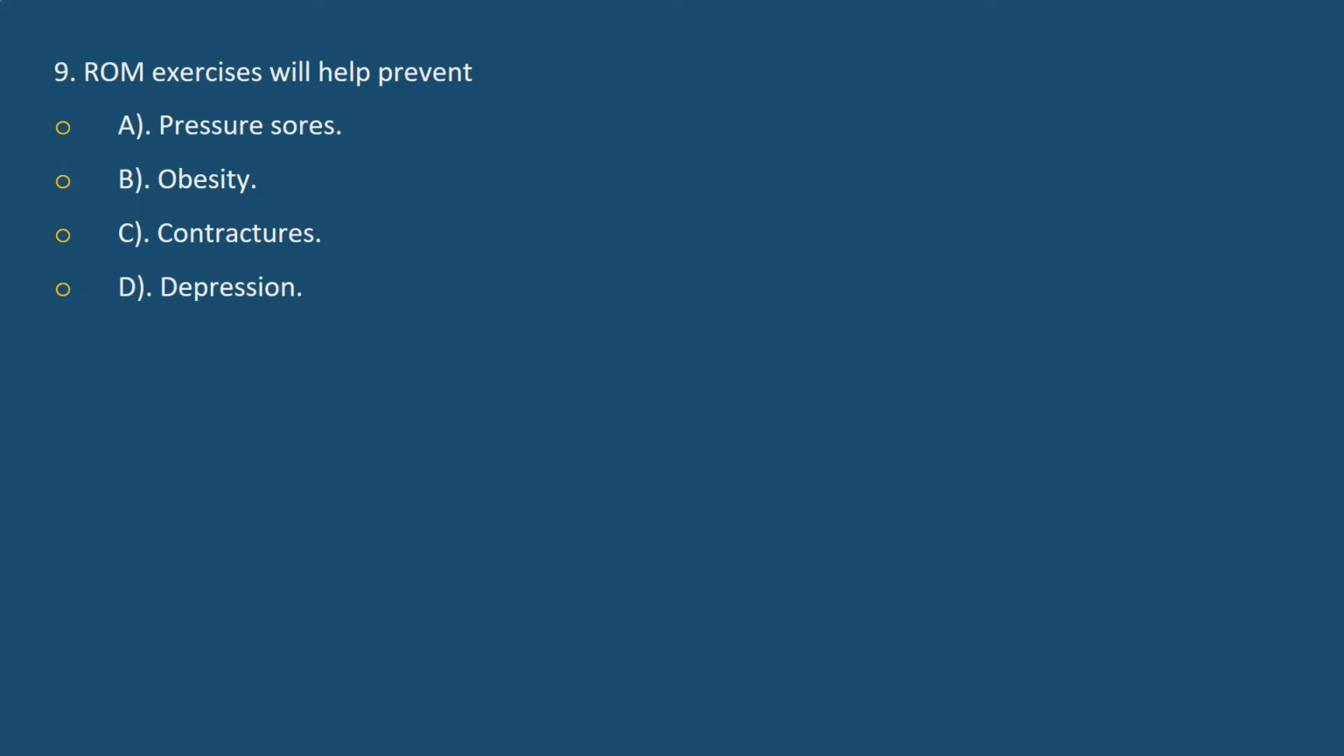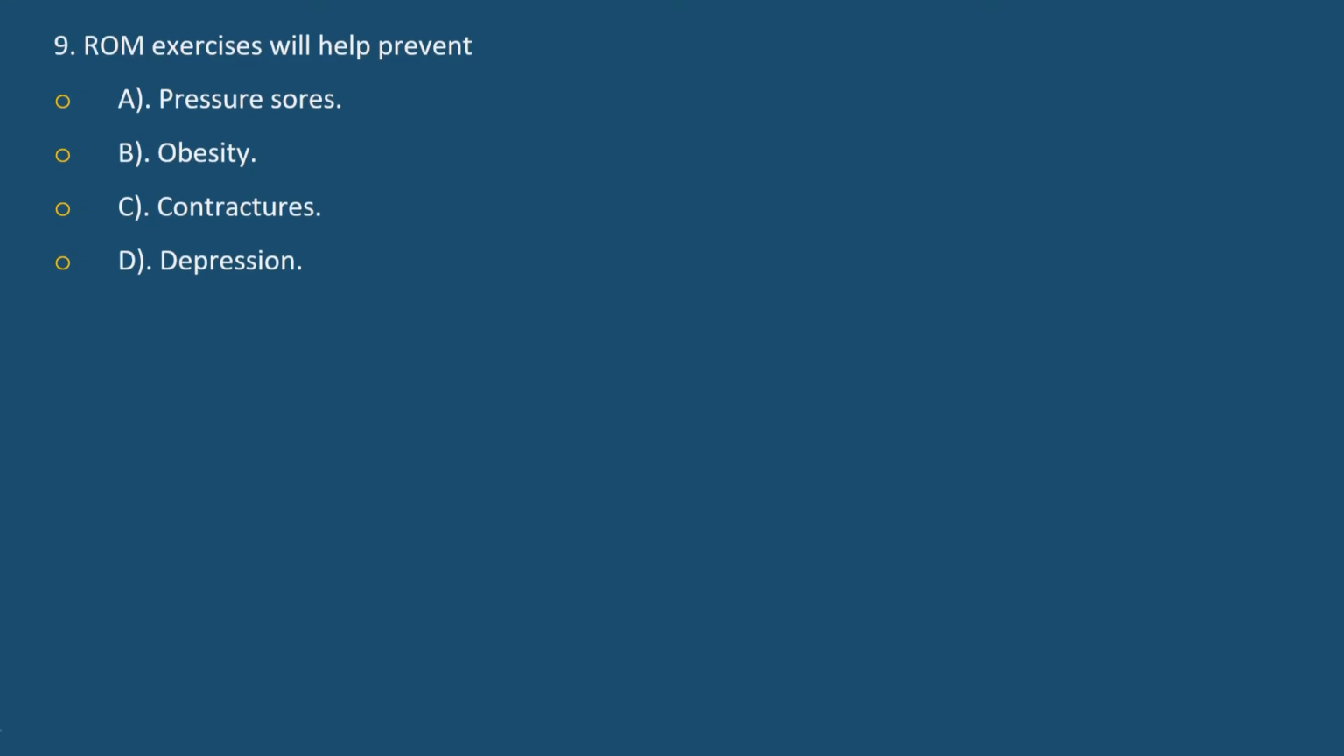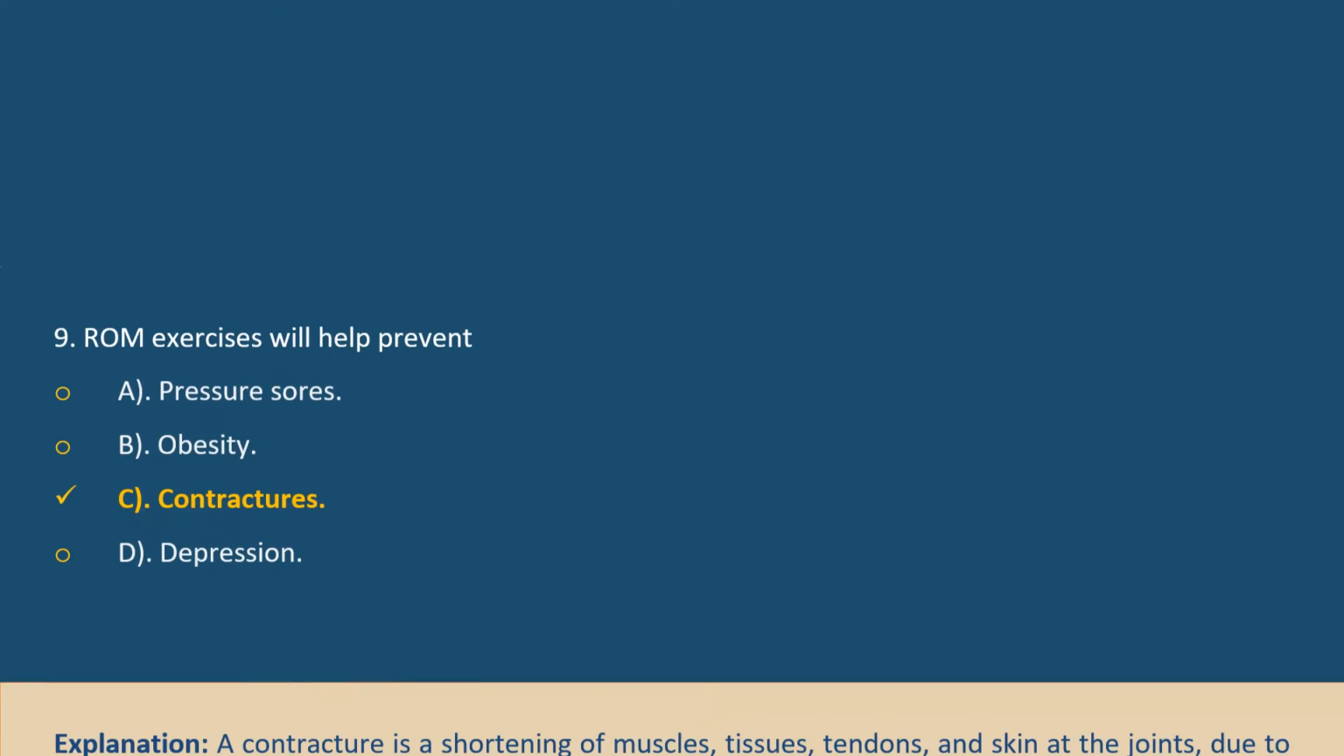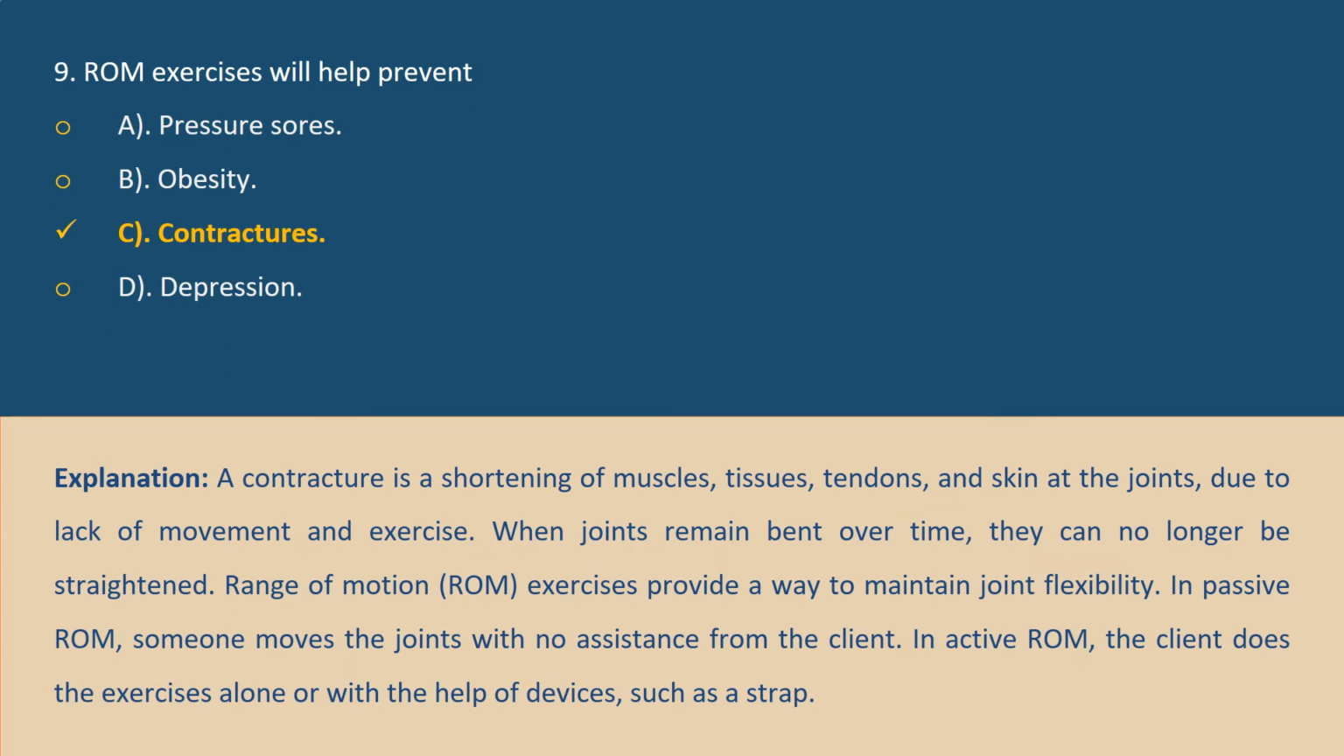Question 9. ROM exercises will help prevent A. Pressure sores. B. Obesity. C. Contractures. D. Depression. Answer C. Contractures. Explanation. A contracture is a shortening of muscles, tissues, tendons, and skin at the joints due to lack of